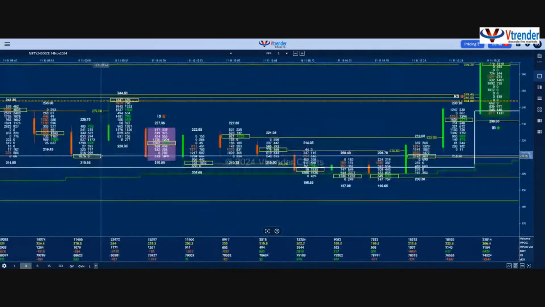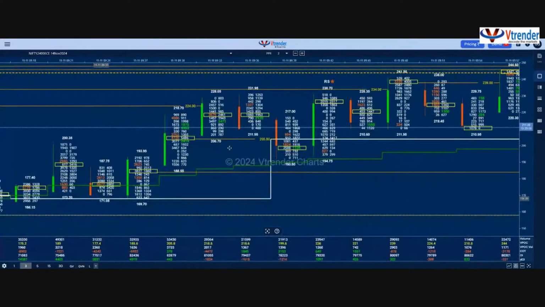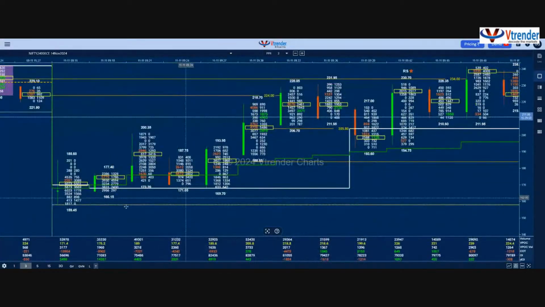So a quick look at what the order flow of the 24,000 call was from morning, and then we will have a look at the put, and then we will wind up for the day. So here at the open you can see we have no signals, but the only thing is this 927 bar